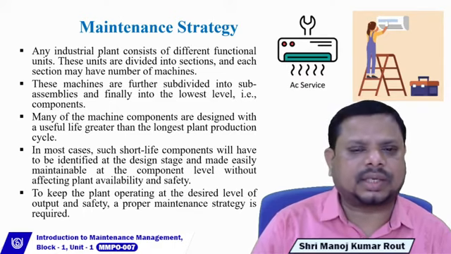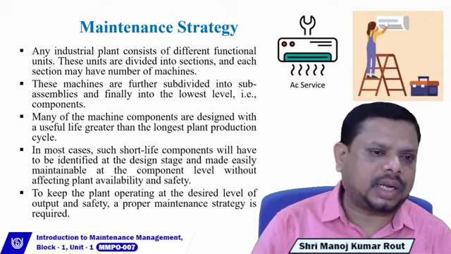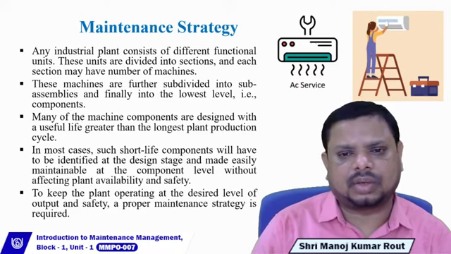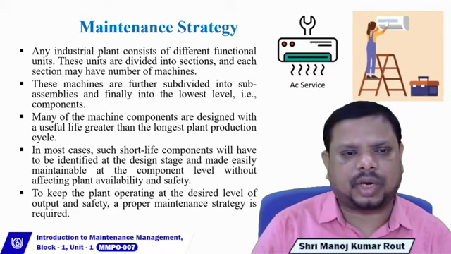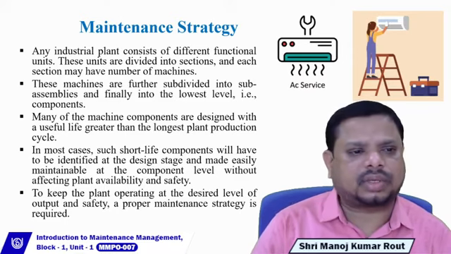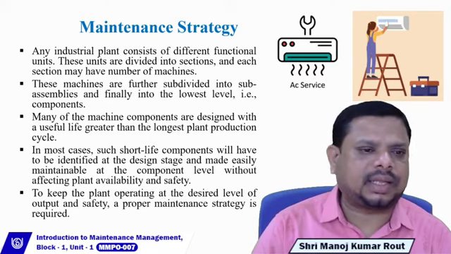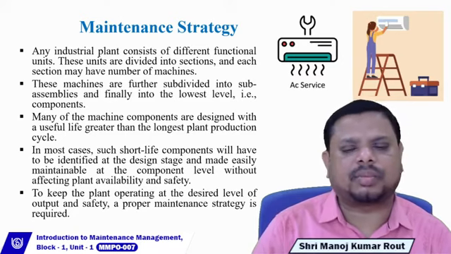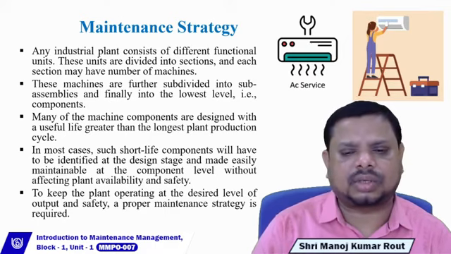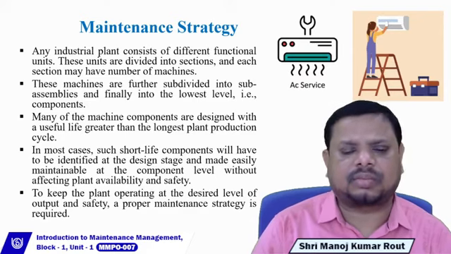The same pattern should be observed in the maintenance management of industries. So let's understand this particular point. Any industrial plant consists of different functional units. These units are divided into sections, and each section may have a number of machines. Let's take an example of a steel plant, which consists of four divisions or sections, starting from